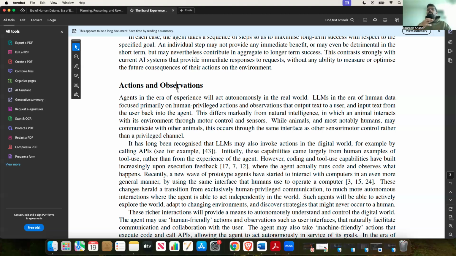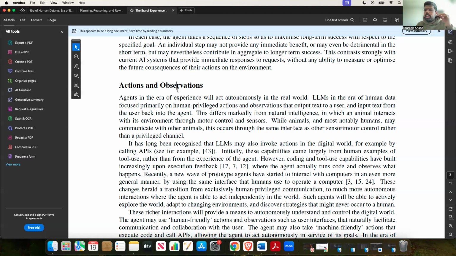Suppose an LLM like ChatGPT is paying your bills through your credit card by interacting with your browser. It is still acting according to the previous static knowledge it has. Suppose it pressed a button and it didn't work. Then it'll again look at its previous knowledge: what do you do if it doesn't work? It is not getting that active signal from the environment, as we saw in the case of rewards. It's not having that continuous stream of experience.